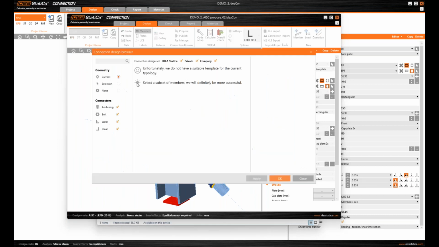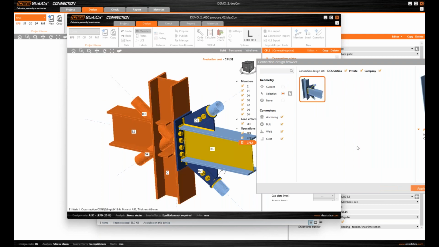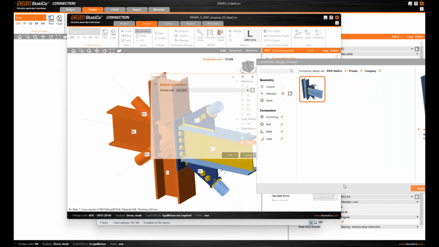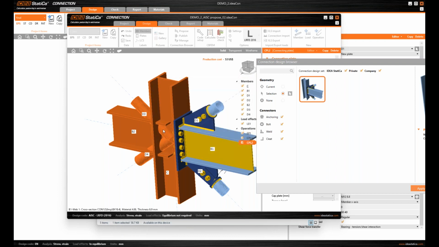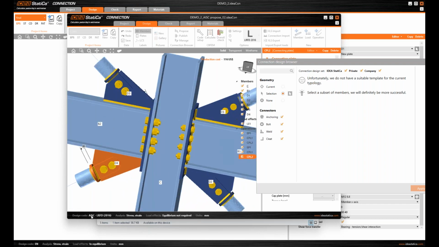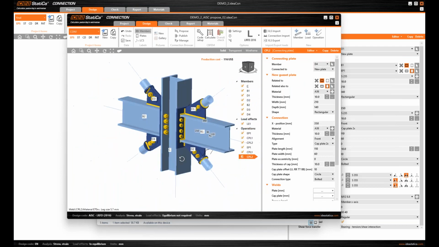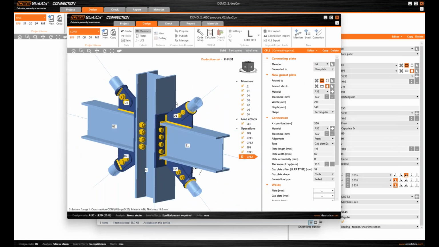So maybe the same one for the other side. 1, 2, 3, 4. Yeah, confirm, apply, maybe different bolts. Yes, it's there. So we can see here it's AISC design code, and the same work already done before can